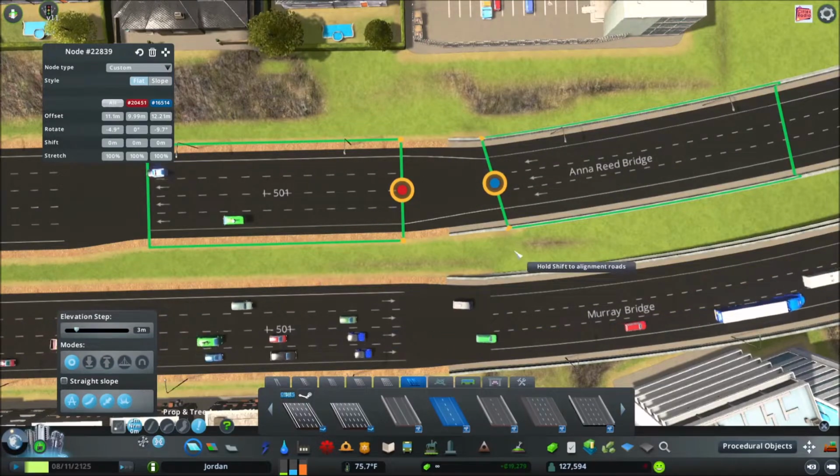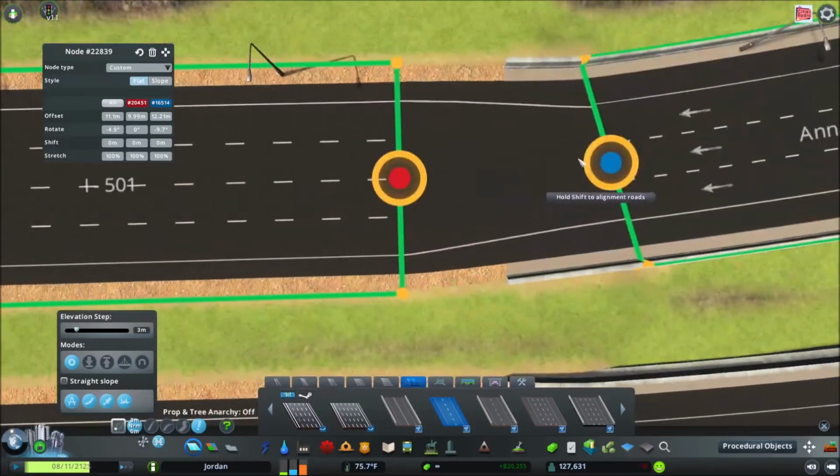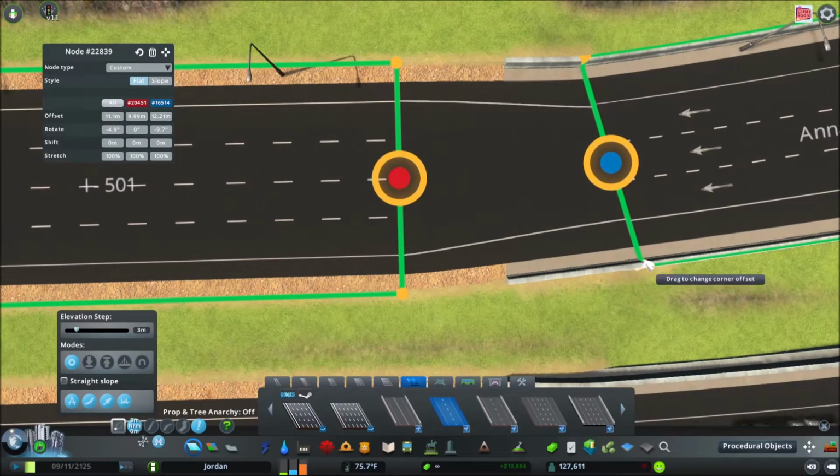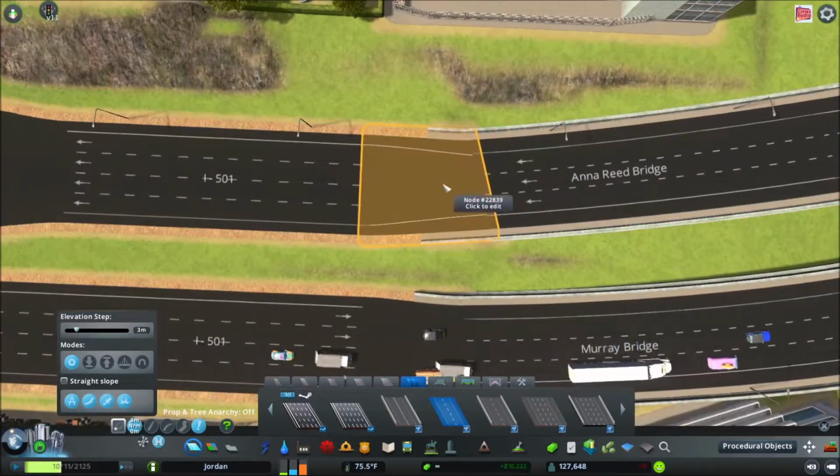So we'll take a look at this. When you click on the node, this is the first thing that pops up, and you say, okay, that's different than the original Node Controller. I've got these 4 little points here. These 4 little points indicate the edges of the section, and this is the node in the middle here. So what we're going to do,